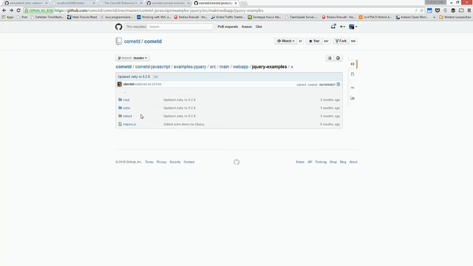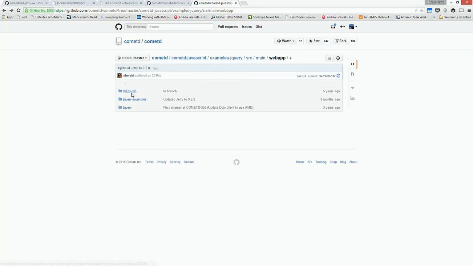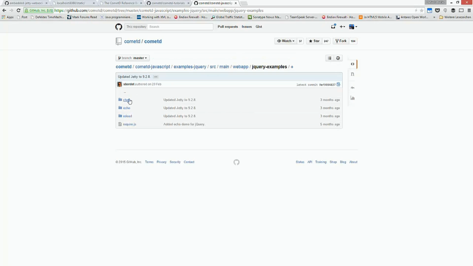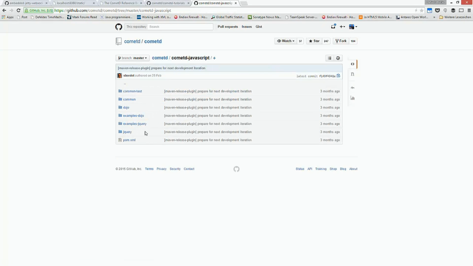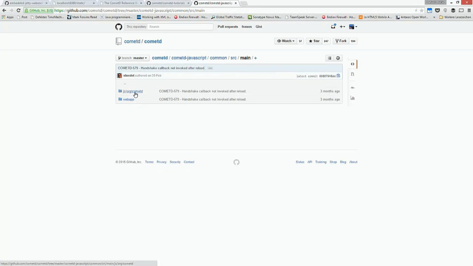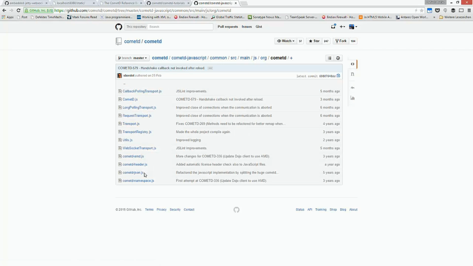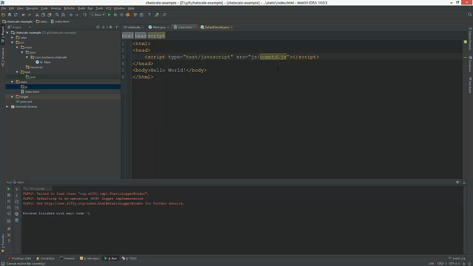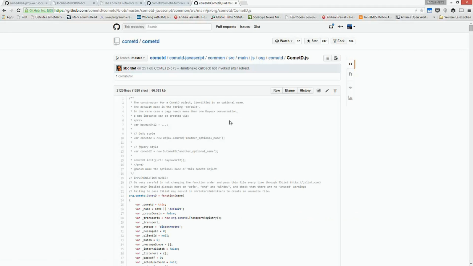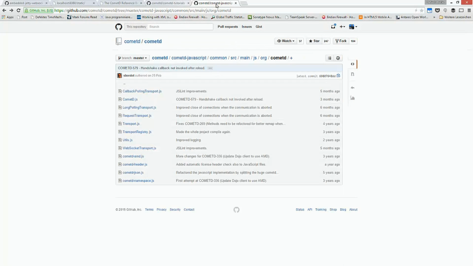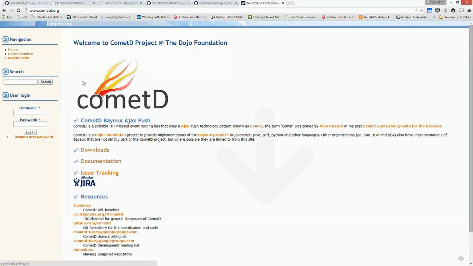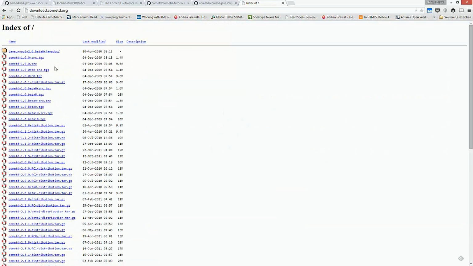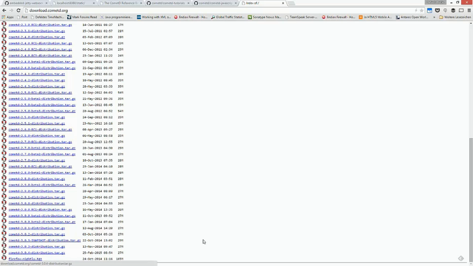Reload. jQuery. Where's this jQuery stuff? But anyways, common might be it. There we go. We need the Cometd JavaScript, which might be this one. Don't we have like, there we go, distribution target.